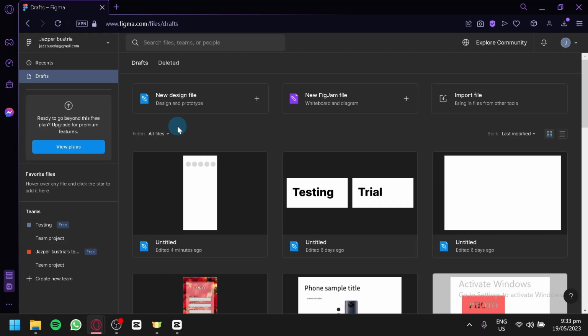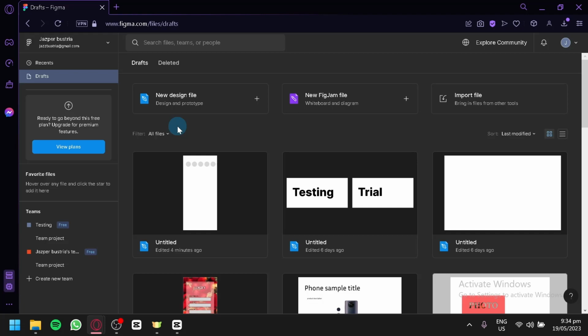For today's video, we'll be exploring how to add horizontal and vertical scrolling to your designs using Figma. Scrolling is a crucial feature for creating interactive and user-friendly interfaces, and Figma provides a powerful tool to achieve this. Figma is a popular design tool that offers a wide range of capabilities for creating stunning user interfaces and prototypes. By incorporating scrolling into your designs, you can showcase content that extends beyond the visible viewport, providing a seamless and